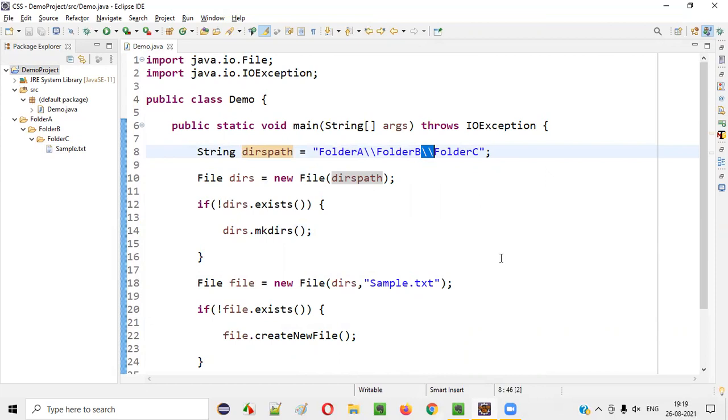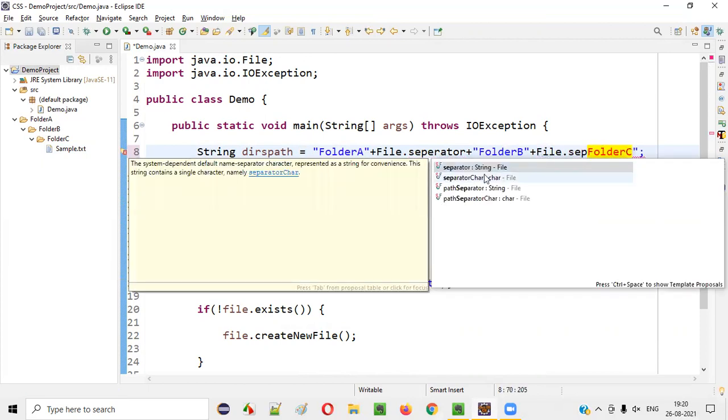But if you want to create such kind of path in a Mac machine or Linux machine, then double slash is not the right choice. What we have to do is we have to use something universal, guys. Okay, instead of this double slash, we are going to use something known as file dot separator. Okay, here I'm going to append it properly like this. Folder A plus, instead of double slash, I'm going to use file dot separator. Again here plus, again provide this inside the double quotes, and here again say plus, and instead of this we have to write file dot